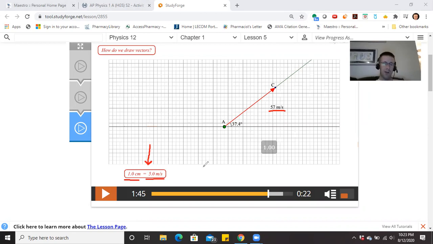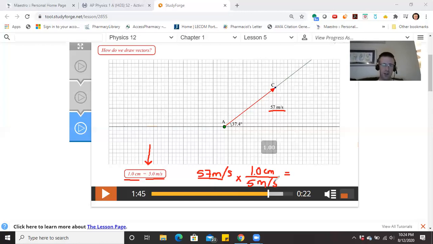So if I've got 57 meters per second that I'm trying to represent here, I'm going to use a little bit of dimensional analysis. And I know that for every 5 meters per second, I have 1.0 centimeter. You can see that using dimensional analysis, if you multiply your velocity vector by this conversion